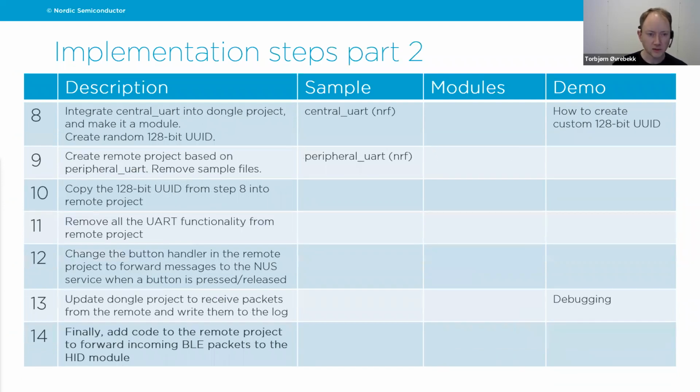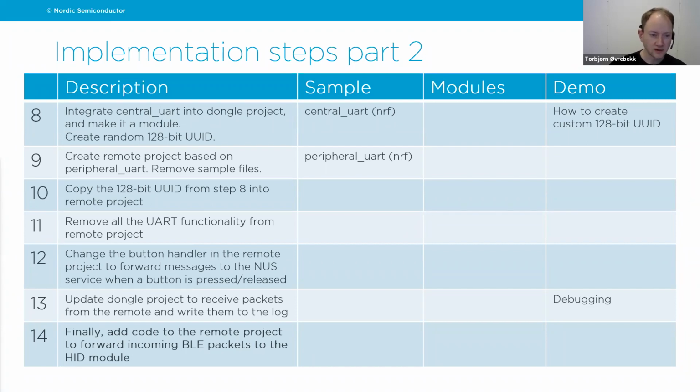Then on step 8, I will set up the central UART functionality in my dongle project. So once again, I'll just copy the entirety of an existing sample, which is the one called central UART, which has a UART client, which is sort of, you can say, the scanner in the Bluetooth network, which can connect to the peripheral. Then I will create a random 128-bit UID, and then I will make the remote project